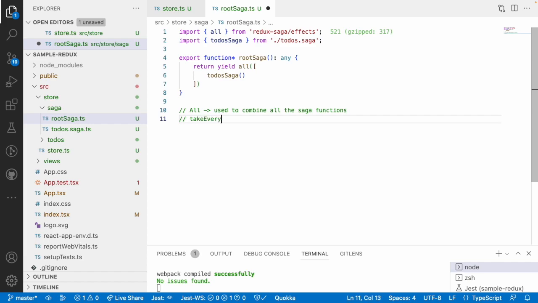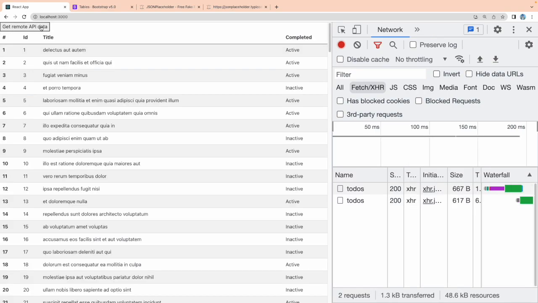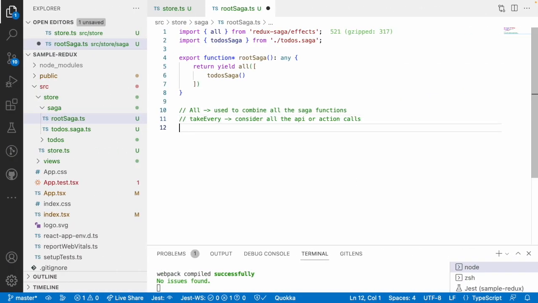So takeEvery will consider all the API or action calls. Let me explain takeEvery. What takeEvery will do is, for example, you have a button where you are dispatching two actions at a time with the same action, like you are clicking the same action 2 times. takeEvery will consider all the action calls. It will not cancel the previous calls. It will continue to have both the calls at once. For example, if you see here, I am clicking this in a fraction of a second, and it is taking 2 calls. But there is one more thing called takeLatest,